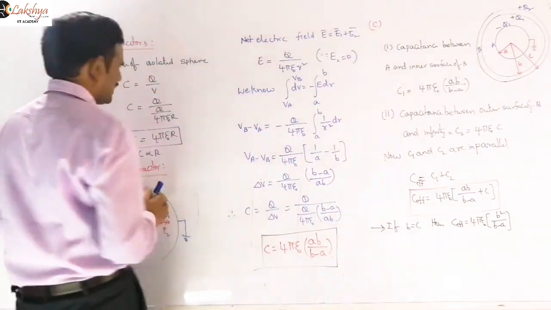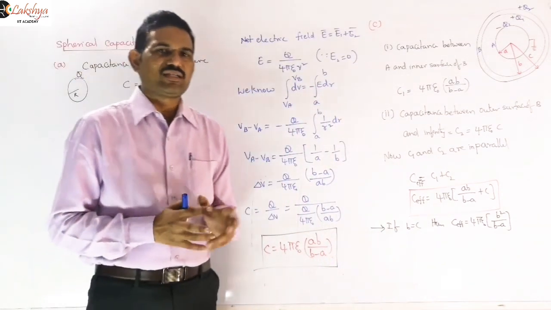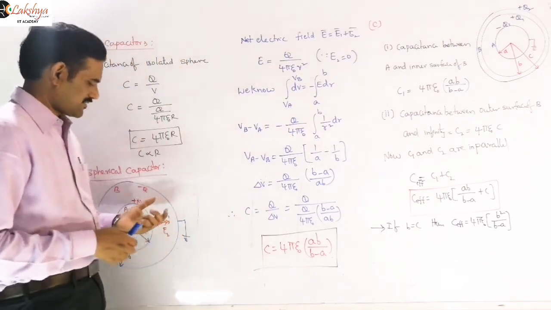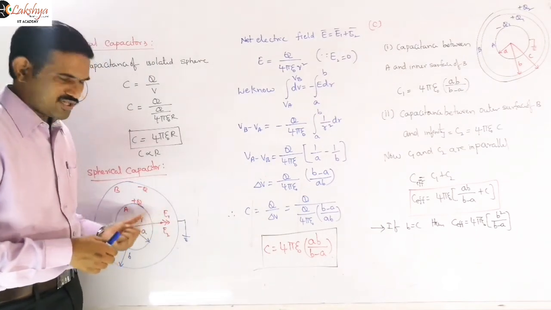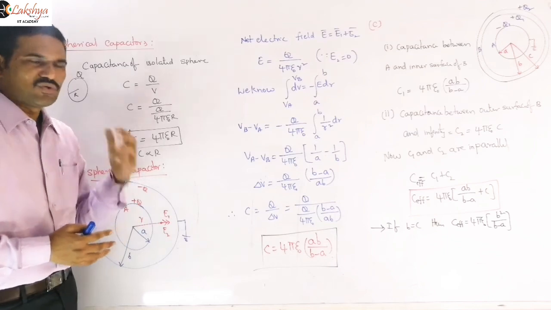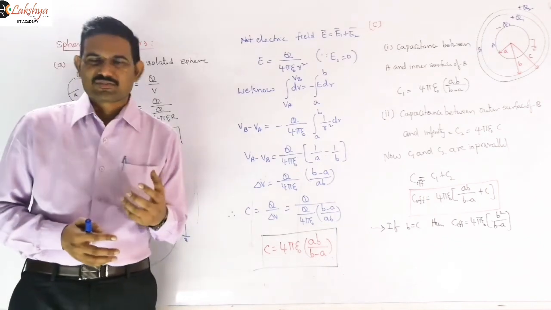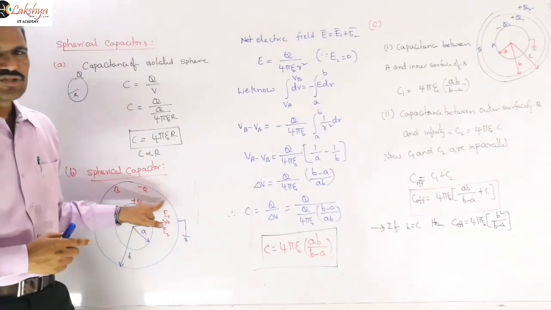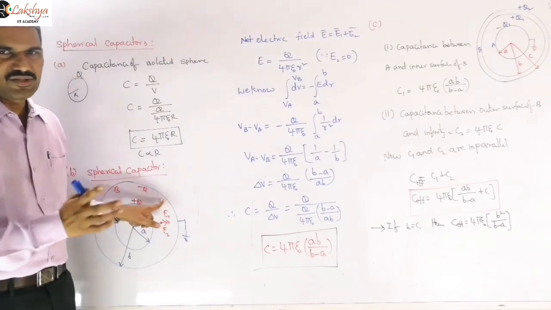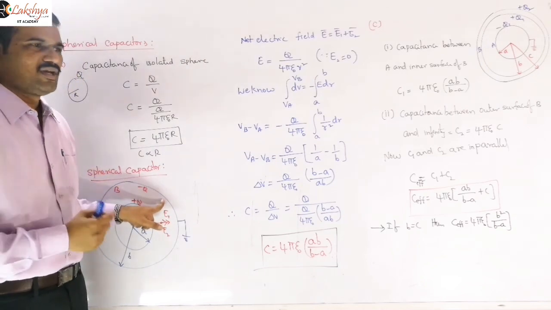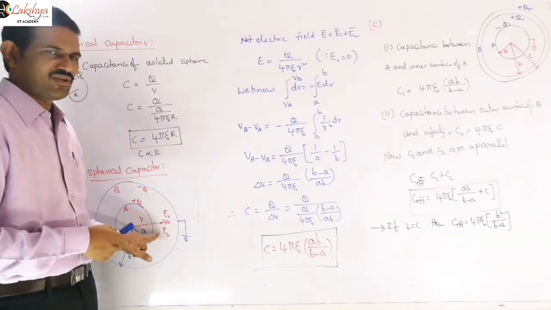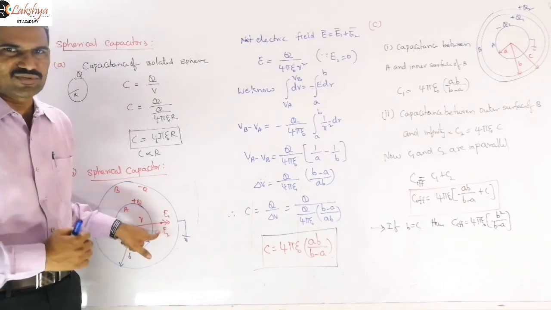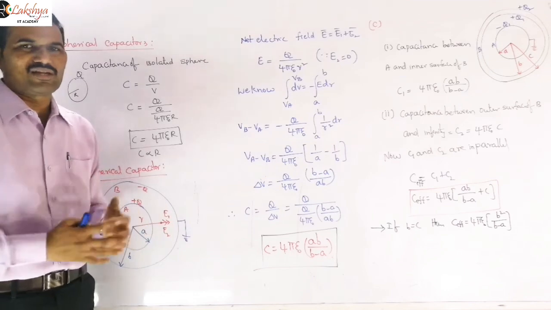In the capacitance calculation we need to calculate the potential difference between the two plates in the case of parallel plates, and in the case of spherical shells we need to calculate the potential difference between these two spherical shells. As we know the potential formula of a spherical object, you can write the potential on the surface of A and the potential on the surface of B, and find the difference between them. That is one way of finding the potential difference. But here I am calculating it in terms of the electric field, since it is a common procedure you can apply to all types of further problems. So in terms of the field I am calculating the potential difference.